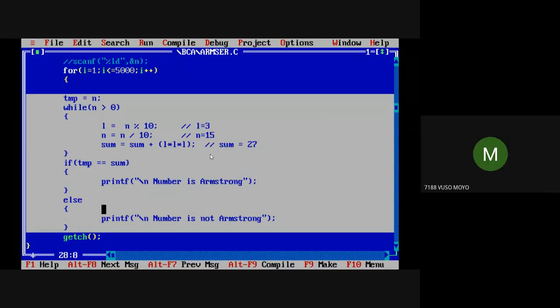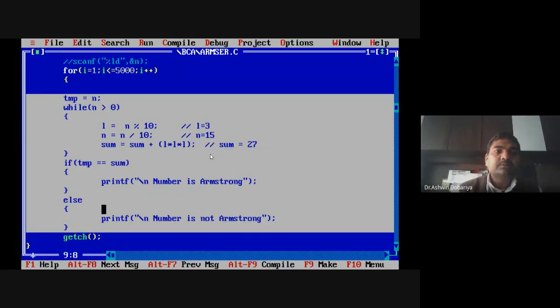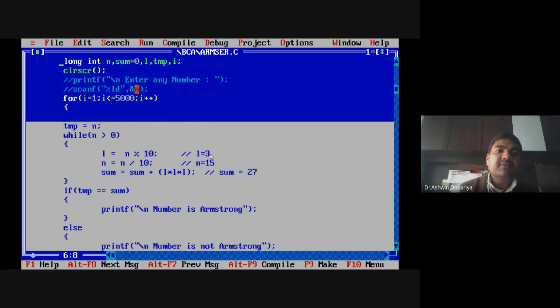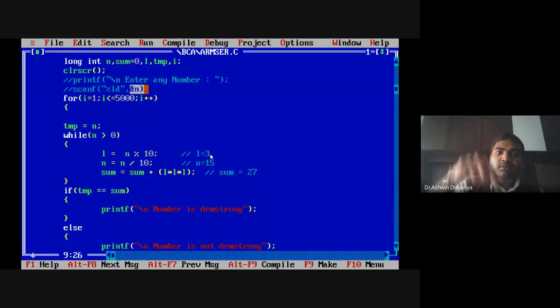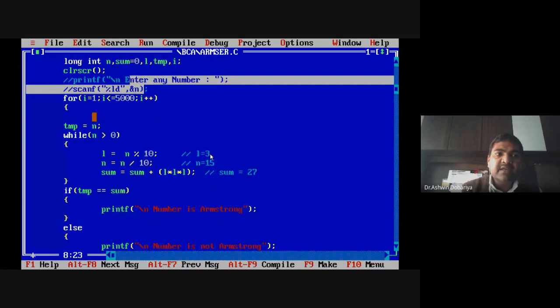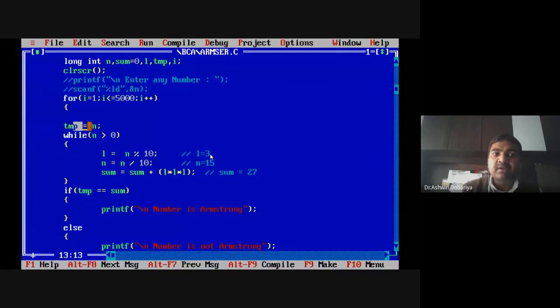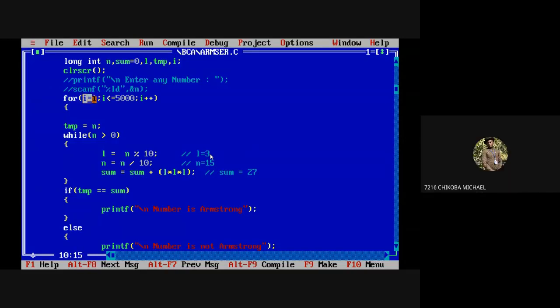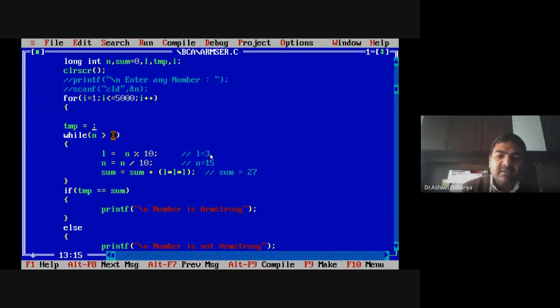Now see, in the previous example, whatever we input was considered n, and we took a backup copy in temporary. Now what is our input number? It is i. So instead of n, we will compare i.